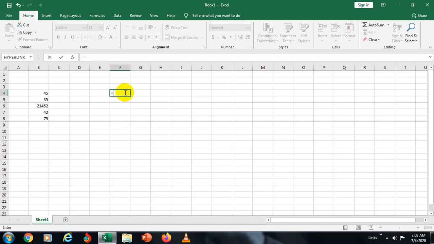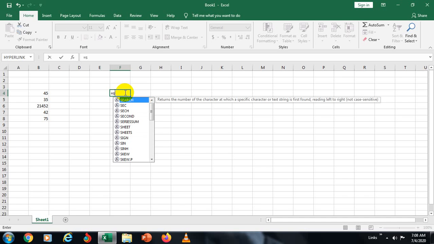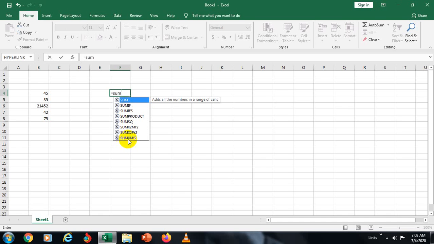Okay, now as I told, the addition. Addition, I'll use the sum. Once you start to type, it will list what you want to do. The rest is not needed right now. Once you become strong in Excel, then we can learn the intermediate level. This is the beginner level. Once we finish the beginner level, we can do intermediate, then learn the rest of the options.